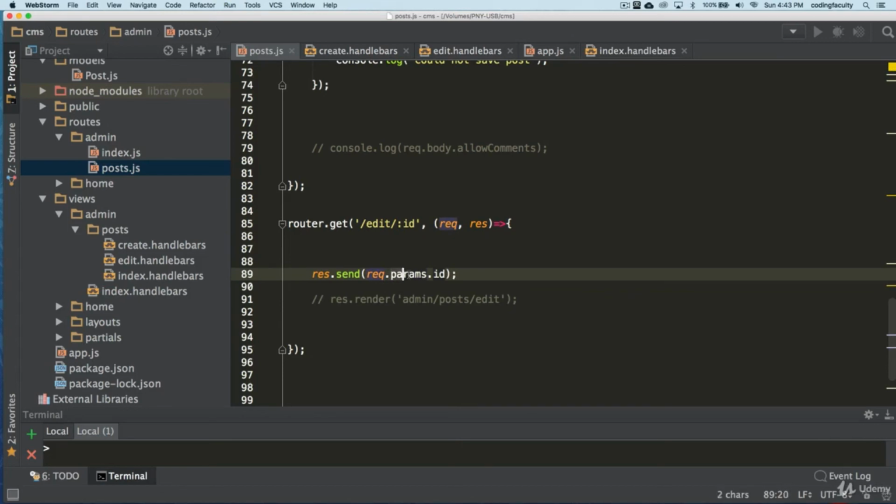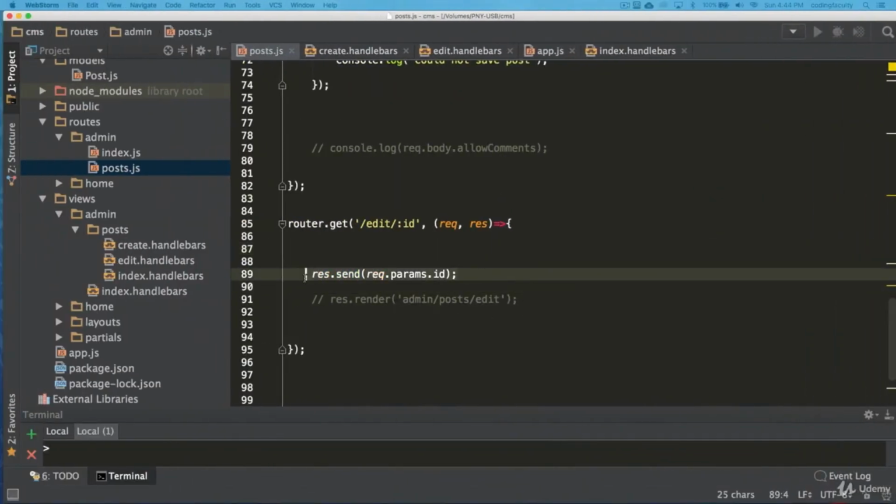Okay. This params is going to have all the parameters in the URL that you are putting right here as a placeholder. But we have to give it the same name. If I give it number here, I have to put number here because it's picking it up from here. I can have multiple parameters as well, but you get the point, right? All right. So now if I refresh here, we should see the ID of that specific post right here. Okay. So we know that that's working.